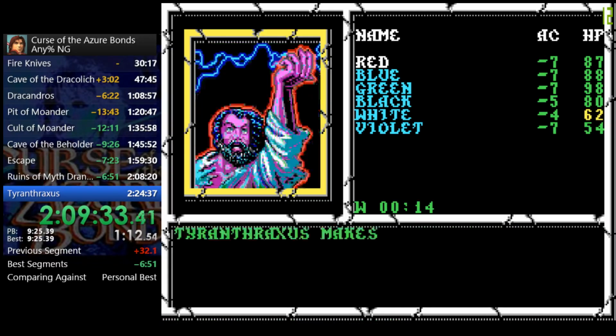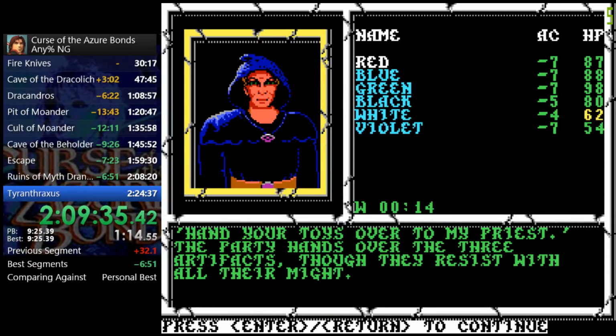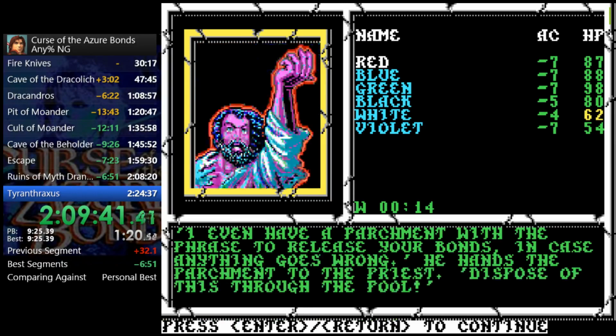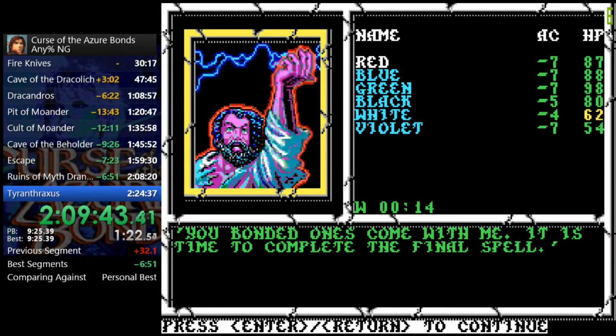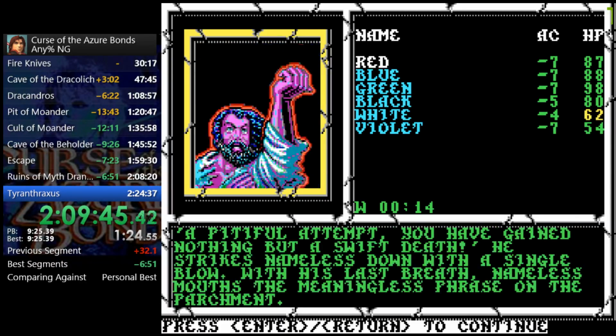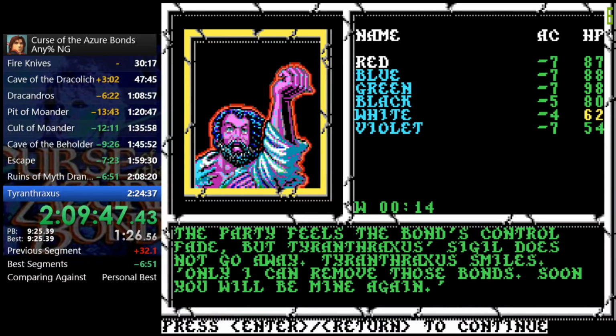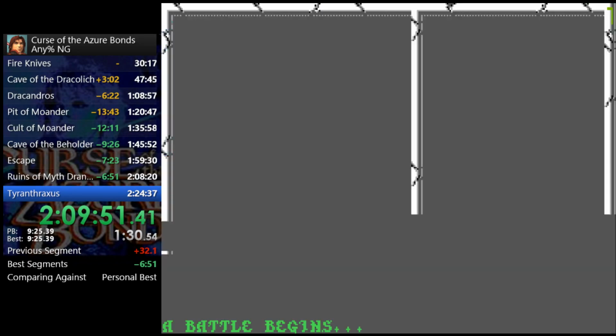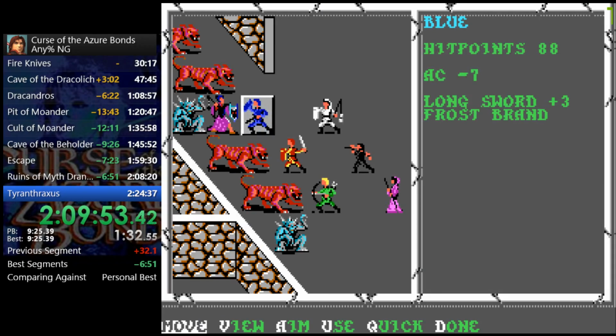Tyranthraxus binds us and takes us to his temple. He's going to use our bodies to take over and be ultra powerful. But the priest apparently is supposed to dispose of our items that can defeat Tyranthraxus through the pool, but it turns out to be this guy Nameless, who if you've read the book, you know who he is. He gets killed in this instance, but...